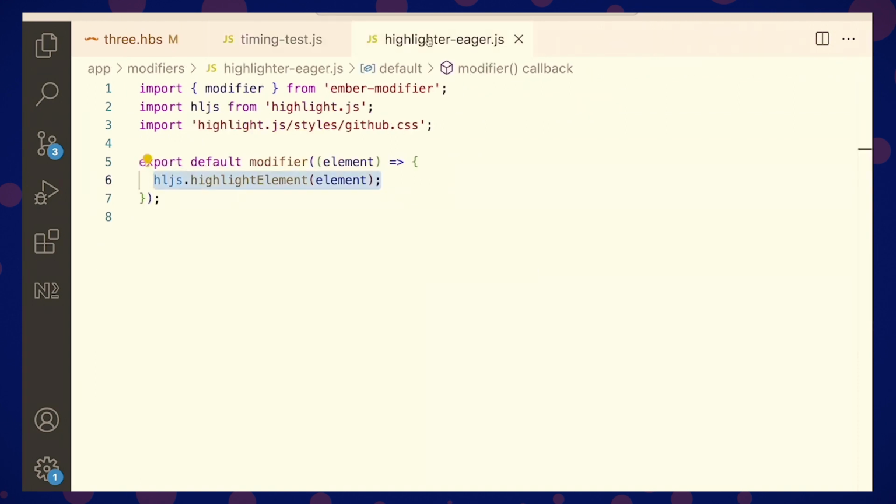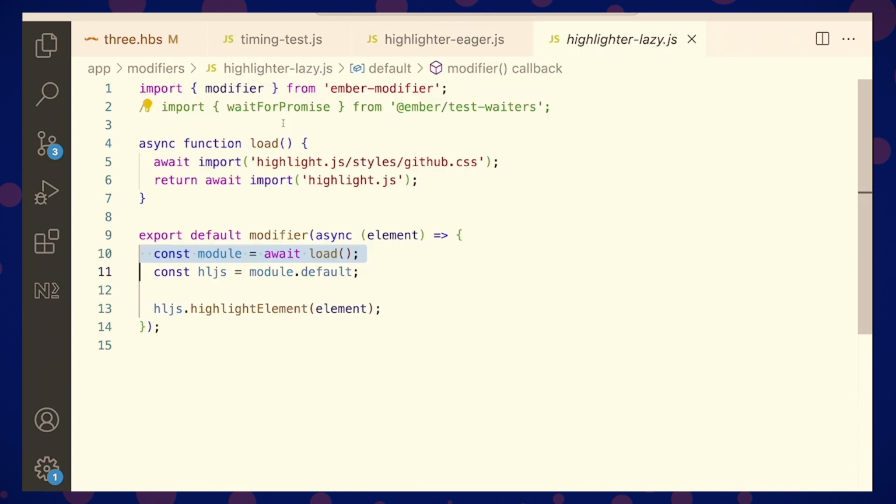Now, one thing I don't like about this implementation is that we've got this static import here for a big JavaScript library, and by importing it statically, we're basically adding this to the bundle so that all of our users have to download this. And that inflates the size of the bundle. It's bad for performance. So I've got an alternative implementation here called lazy. And here, we're using dynamic imports to bring in the dependencies. So this dependency won't be included in our default bundle, but anytime we use the modifier, the dependencies will be fetched, and the code will run. And this is